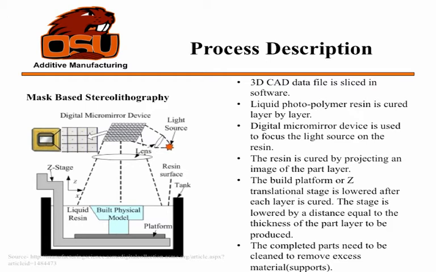So in this one, you use a digital micromirror design. This one is from an ASME paper, where the digital micromirror or any other focusing device can be used, like optical fiber or something, which they're researching. The resin is cured, and then the Z stage moves down. Everything is the same. The only difference is there is no tracing of the path, and the image is directly projected, so it's comparatively more time saving than the tracing approach.